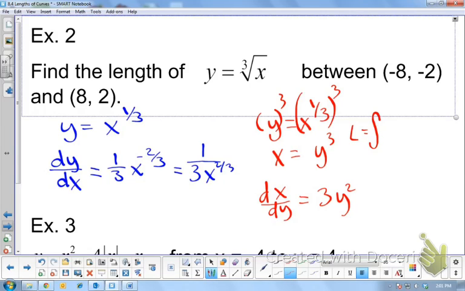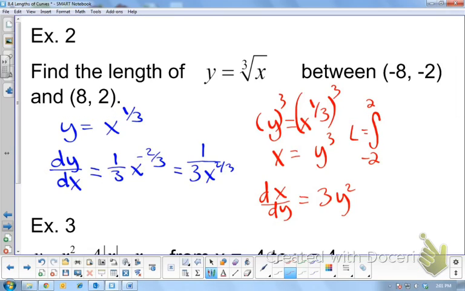So instead of going from -8 to 8, we should go from -2 to 2. And then we still just plug it into our formula, the integral of the square root of 1 plus 9y to the 4th dy. So then again, that one is impossible to do by hand. Like I said, a majority of these, even if we tried to use u substitution, it wouldn't work. We'd have that extra y that wouldn't cancel out. So if we plug that whole thing into the calculator,